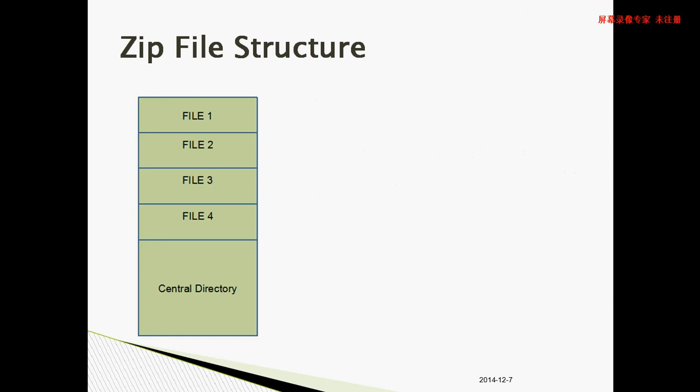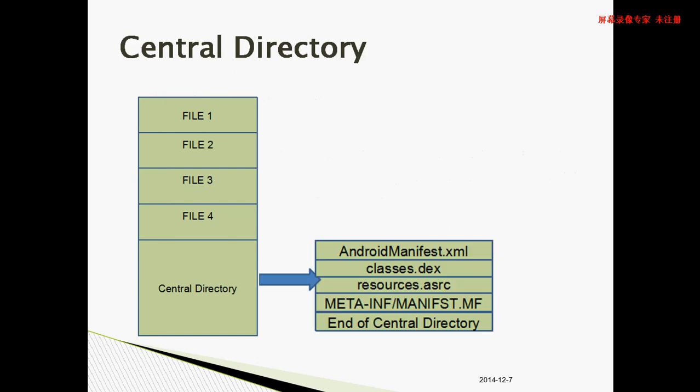To understand this, we need to understand the basic APK or zip file structure. As you can see, the first 4 blocks contain the files. The last block contains the central directory, which is our concern. The central directory contains a lot of metadata, amongst which manifest.mf and classes.dex are the files that we need to